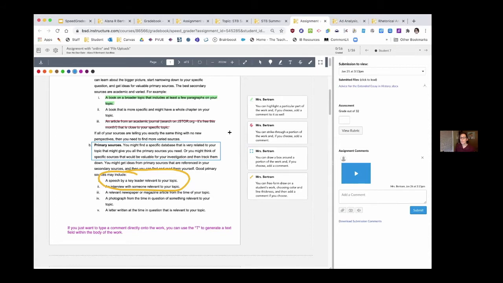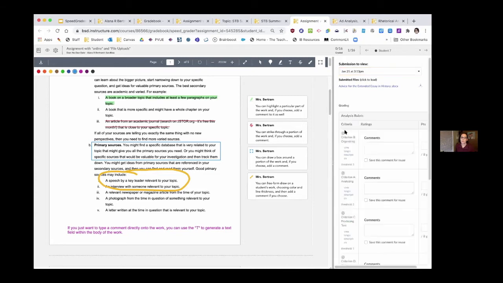What I spend more of my time on, though, is this far right panel. So at the top, I can see this person actually submitted a couple different things for me. And it's tagged with the time they submitted them. So I can look at older versions they turned in, or this is the most recent version. And then if I click View Rubric,